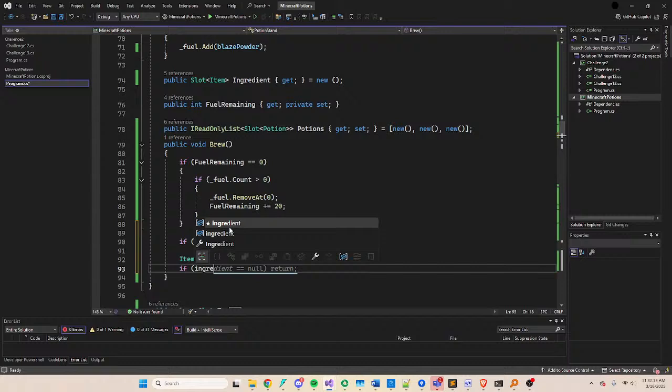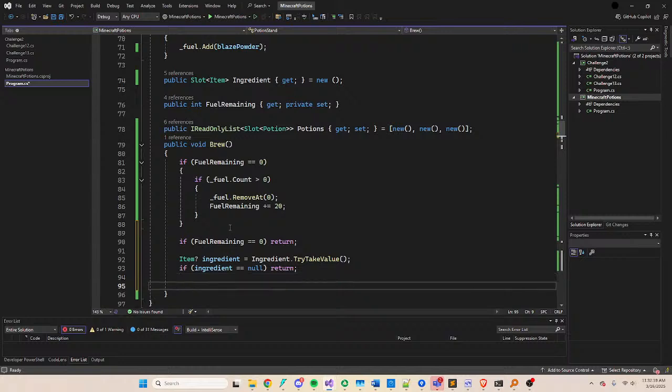If ingredient is null, return. Otherwise we're going to cook it. So fuel remaining minus minus, and then